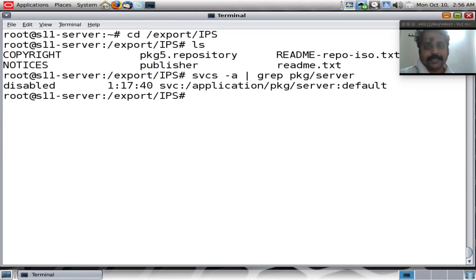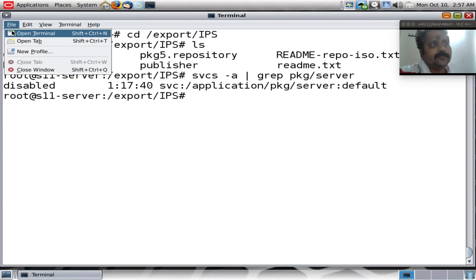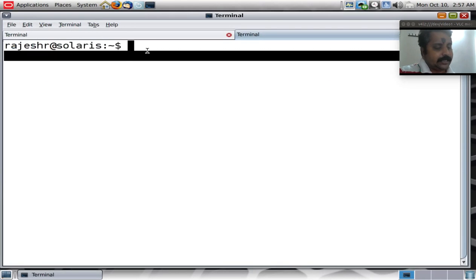One of the things we missed out while discussing the Service Management Facility is that for every single service that exists in Solaris 11, there is a corresponding log file. So what we will do is we'll open another terminal here, and let's do an SSH to our S11-server one more time.